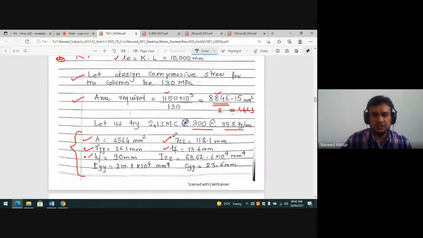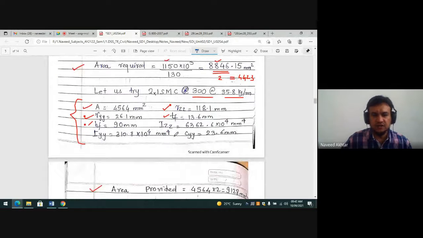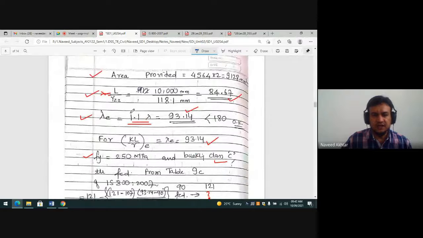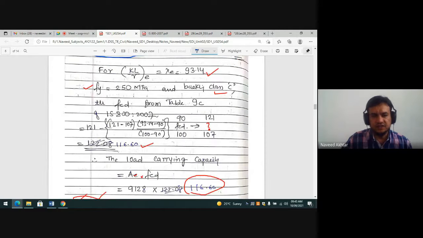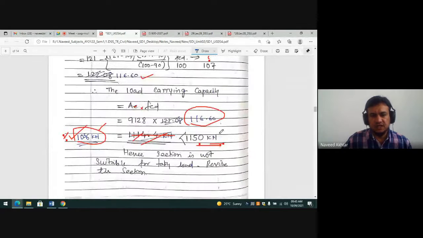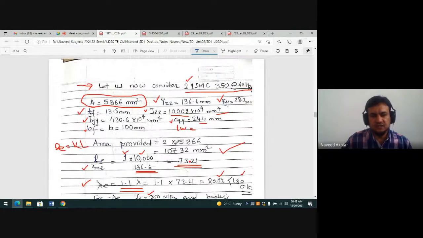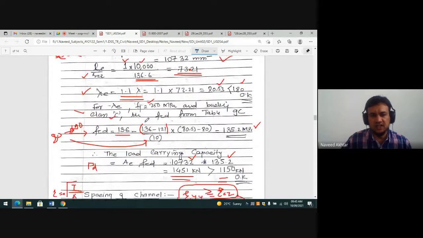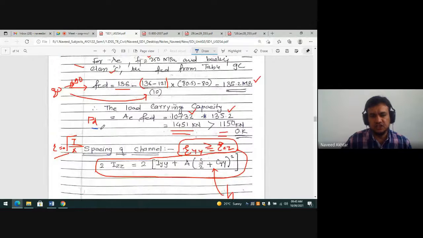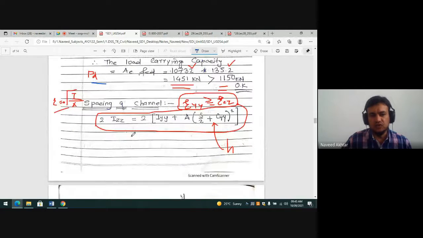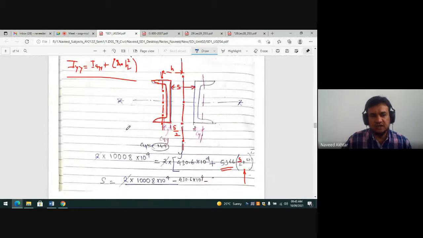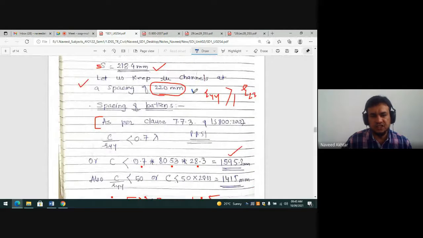You have to go step by step design as you have done earlier. Area required. And lambda e here in battening system is 10% more, in lashing system is 5% more only. Then find out this, and A into fcd, if this is less than required, you have to reselect the section, go for another section, then find out the lambda, fcd and check the extent is okay, and go for the spacing, find out the spacing in step number 10. Spacing आपकी मालूम हो गई.